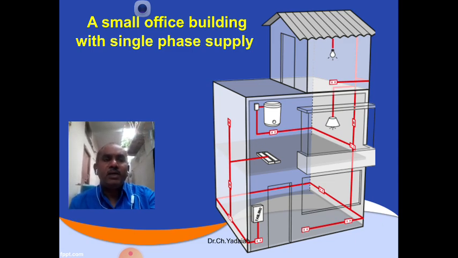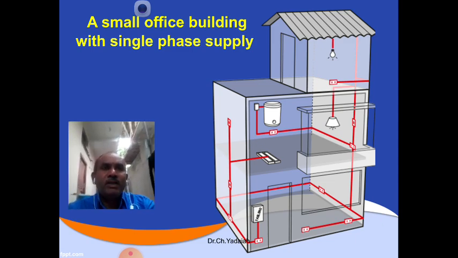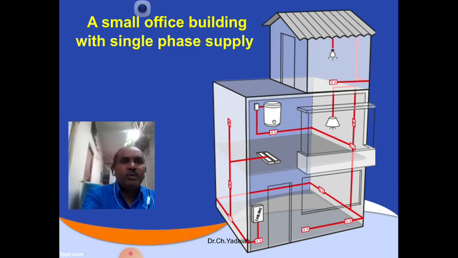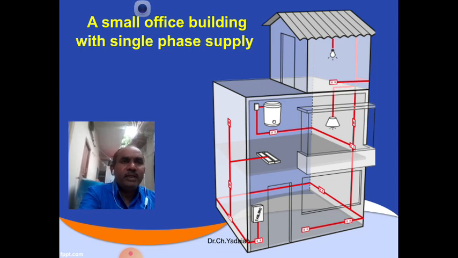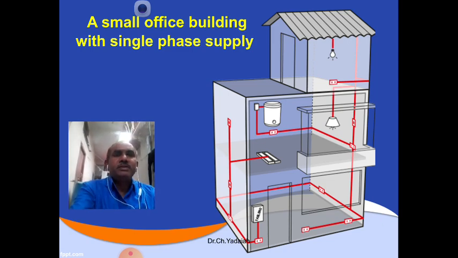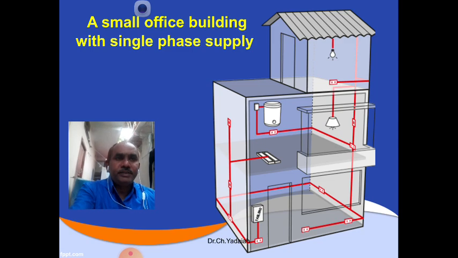Here you can observe in this building, what is happening: there is a first floor and a second floor, and on the first floor the red color marks the switchboards. You can observe switch 1, switch 2, switch 3. At the same time on the second floor there is a geyser connected. Here the geyser is the power load. So power load and lighting load, all loads are mixed. Then in this case, how are we going to do the same calculations, let us see.